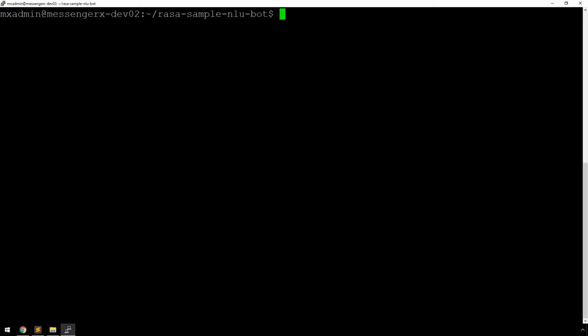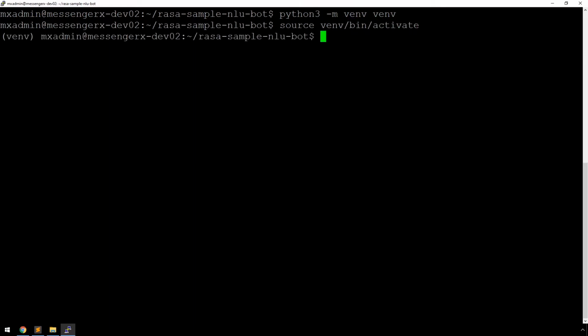Before I install any of my dependencies, I'm going to create a virtual environment to work with. So I'm going to issue the command python3 -m venv. And let's activate that virtual environment by typing source venv/bin/activate. Okay, you can see on the left-hand side of our terminal we have a venv, which means we have successfully